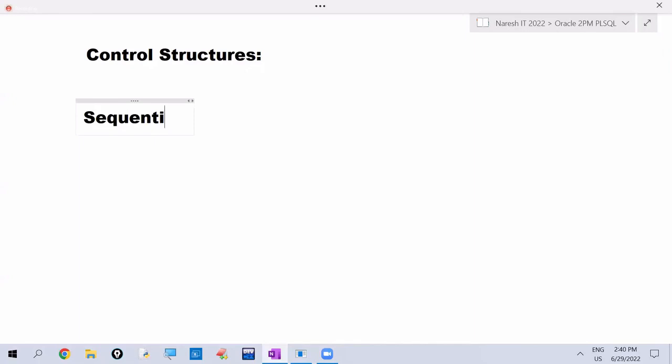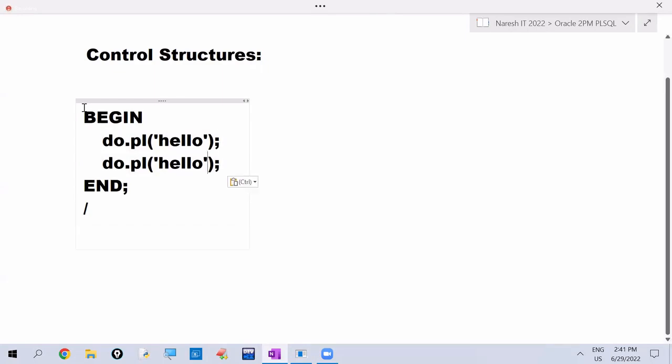There are two types of statements. One is sequential statements, another one is control statements. For example, I am writing a program like this. Begin, end. DBMS_OUTPUT.PUT_LINE('Hello'); DBMS_OUTPUT.PUT_LINE('Hi'); DBMS_OUTPUT.PUT_LINE('Welcome');